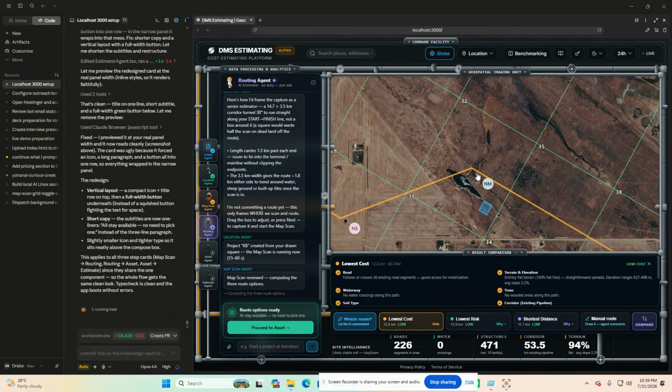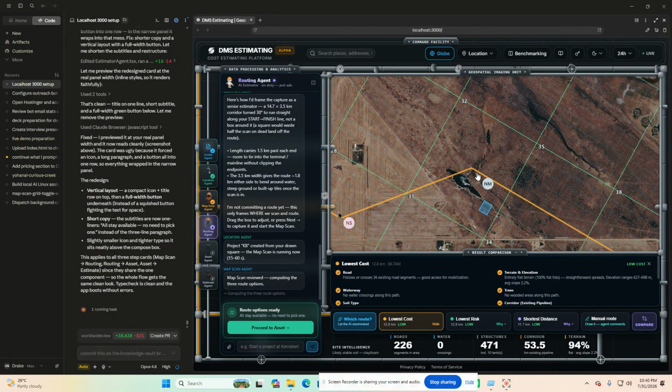live, then it's okay for the AI to generate this. So this particular route will have a price. I know it says lowest cost, right? And then if I move that pipeline, instead of going like this, I go like this, how much more is it going to be?